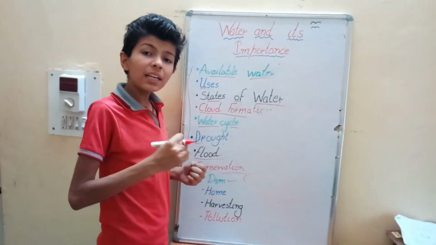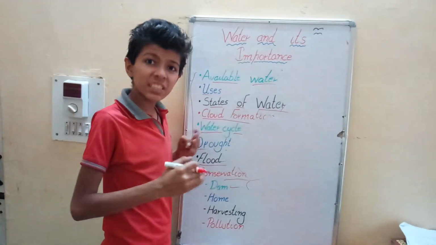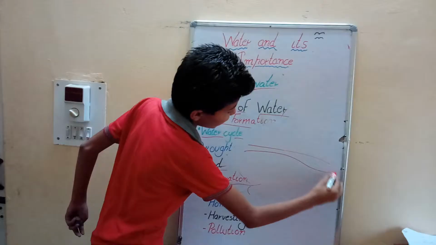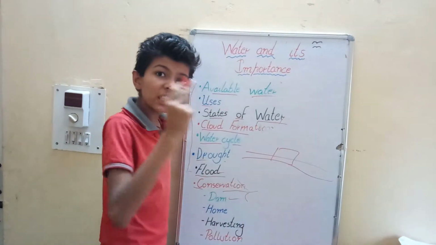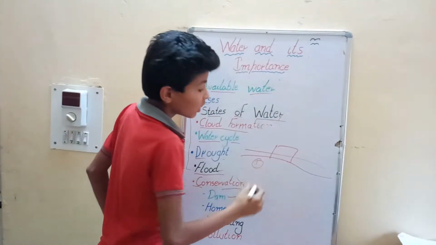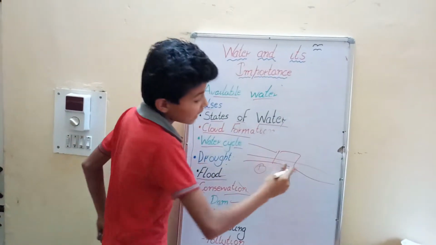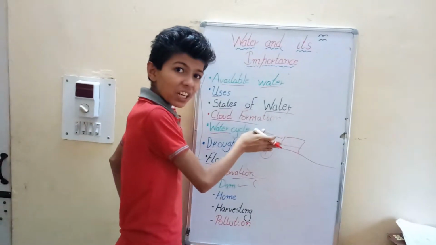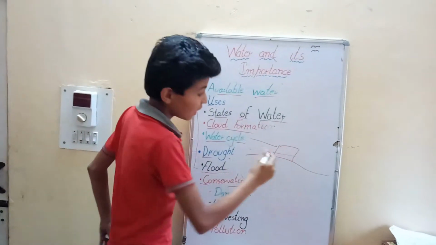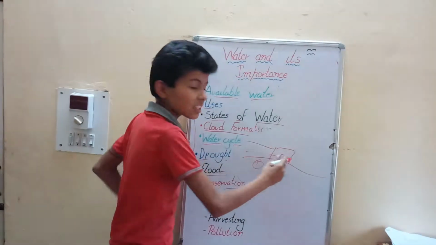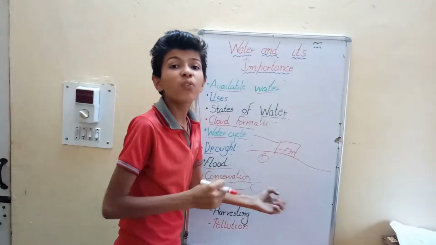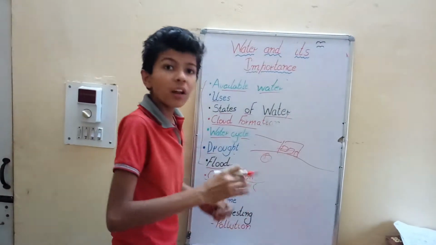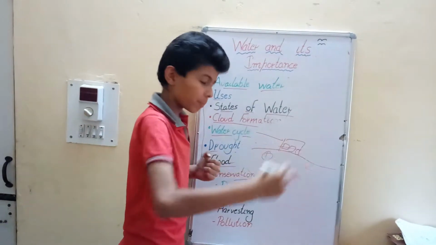What is a dam? A dam is a wall-like structure made on the rivers. Just like this is the river, this is a dam bed here. What is it used for? It is for storage of water. Water can stay here for a long period of time. When there is an excess of water here, it releases the gate, and through this gate we can produce energy or light energy, which is how light is formed.